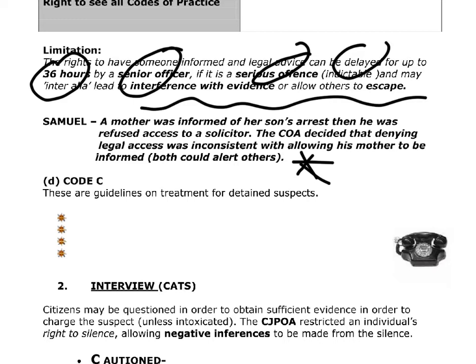Now you've got an example there, so you've got a telephone. That's your first example of a Code C guideline, that you're allowed a call of reasonable length. Second Code C guideline, any medical treatment that you require.